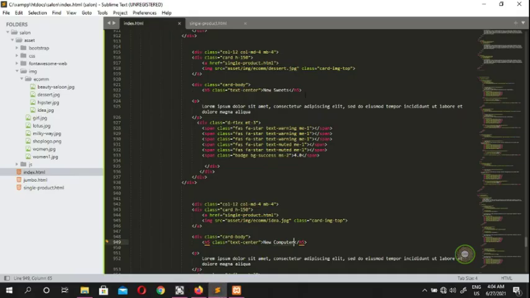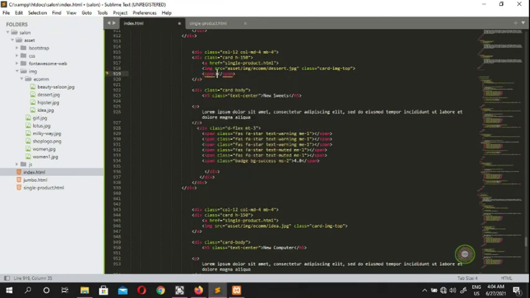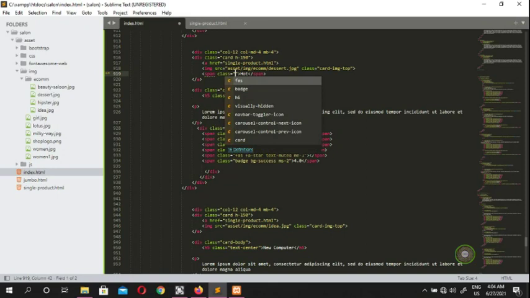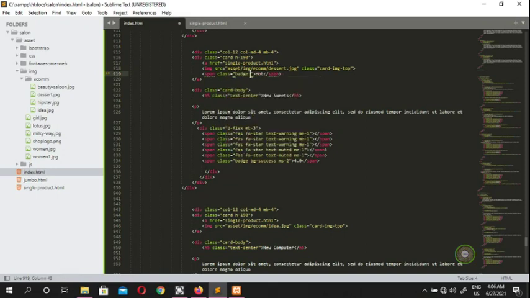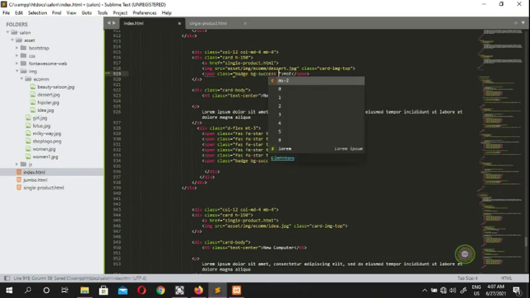Alright, so we see where our image is sitting. Come underneath it and put a span, and inside the span we put "hot". It doesn't matter, you can put any text. I'm going to show you through the CSS how we're going to do that. We put a class, and our class is going to be badge. We put a badge, and we put a bg-danger, and a bg-success, and if we put a top right,